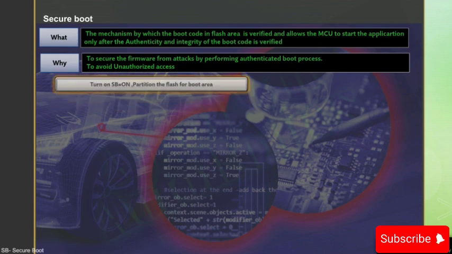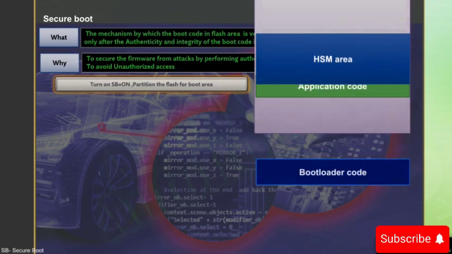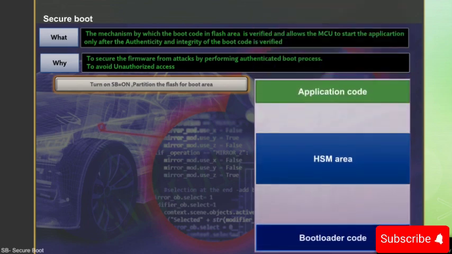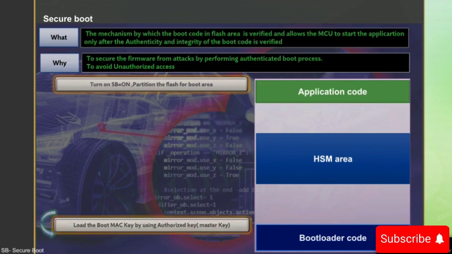First, we'll partition the flash for the boot area. As you can see, we need to configure the flash. The flash which we configured will be separated for boot code, an area where we store the keys and the boot MAC, and the application code where the actual application sits, like ABS and ESP.